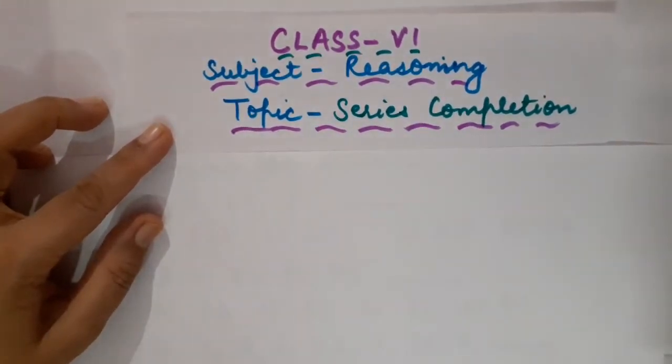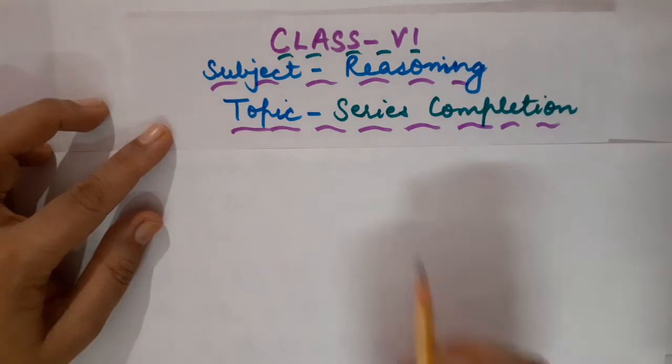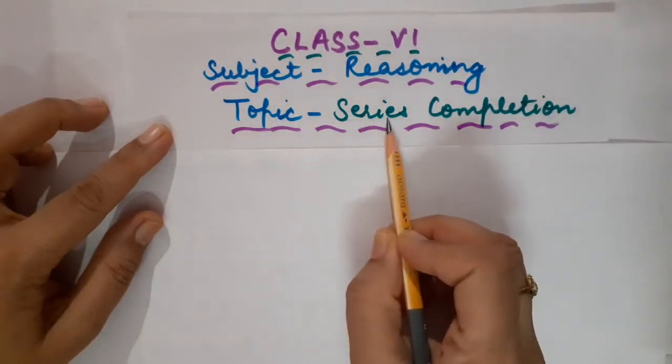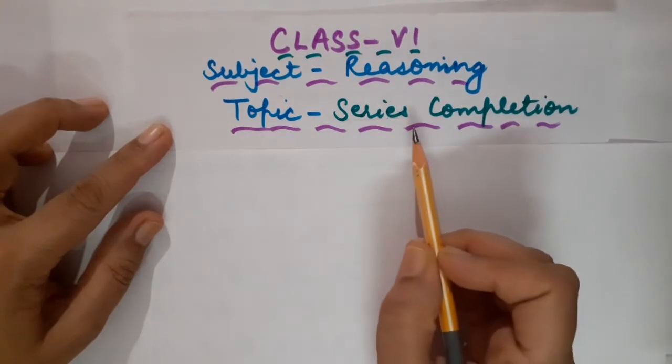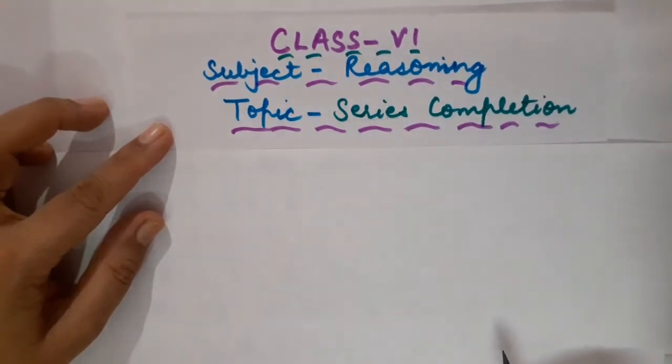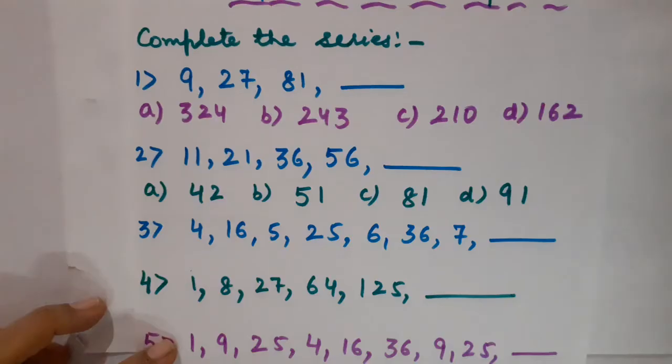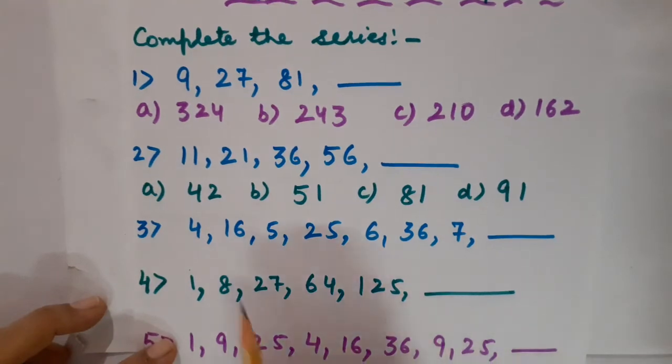Children, before I start discussing the questions based on series completion of the numbers, I am going to define what you mean by series. A series is nothing but a list of numbers which are arranged in a definite order, as well as following a definite and fixed rule. Then and only then, children, on the basis of the given list of numbers, you can judge what rule is defined there, and further you can apply the same rule to complete the series. Got it, children? So children, here is our first question.